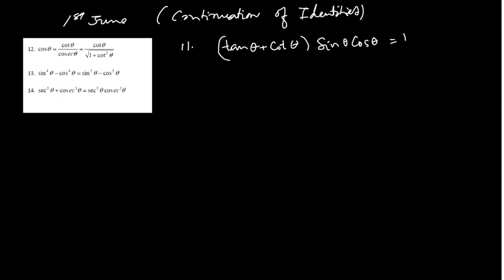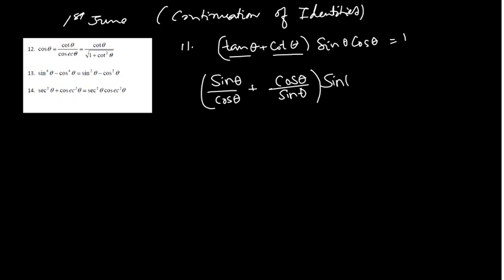Okay, simple. Go with sine over cos and cos over sine. Substitute for tan as well as cot. So that becomes sine theta over cos theta plus cos theta over sine theta, and just open the brackets. You don't need to do LCM, just open the bracket because one of these things gets cancelled. So when we open the bracket, it becomes sine theta divided by cos theta multiplied by sine theta cos theta